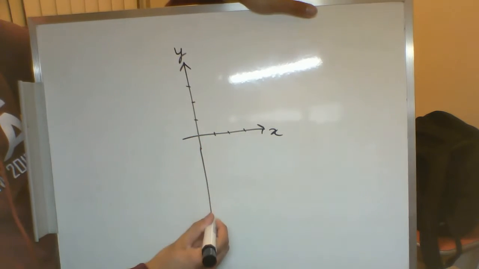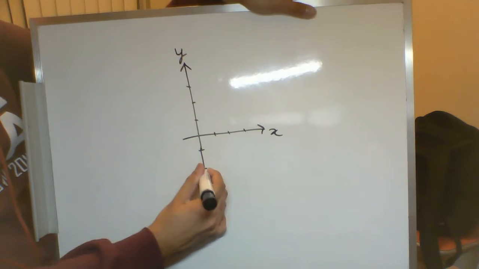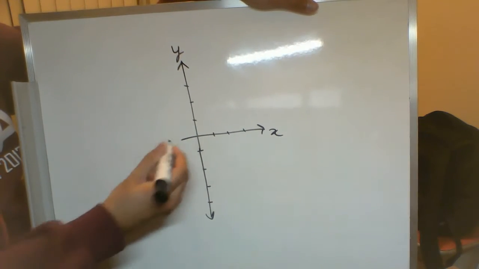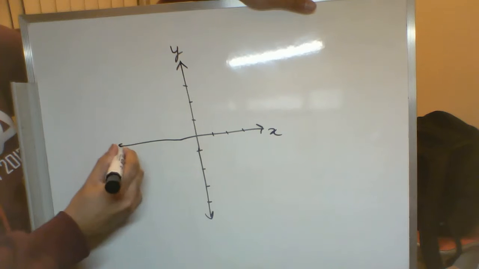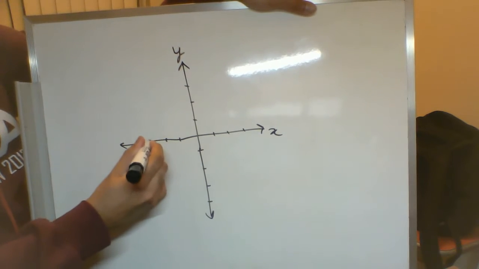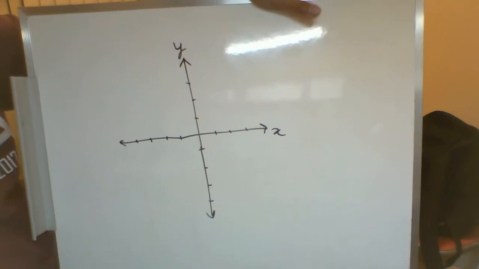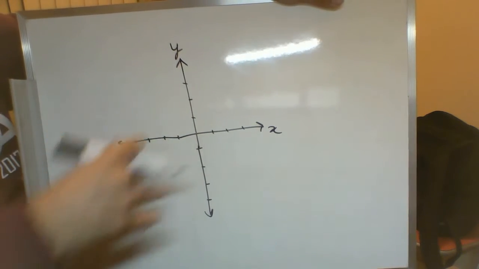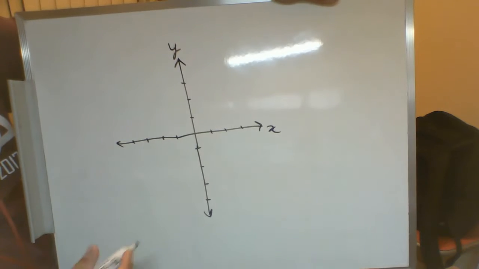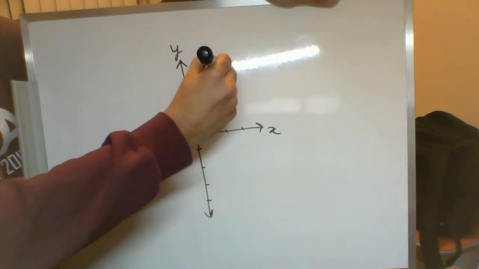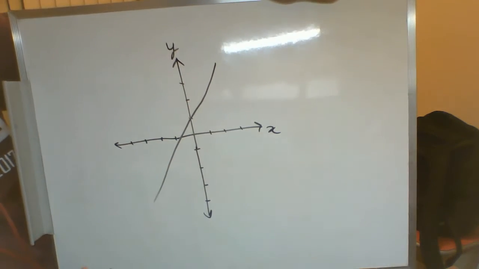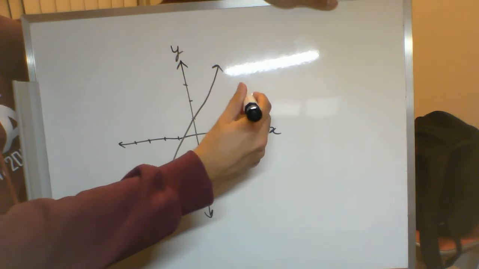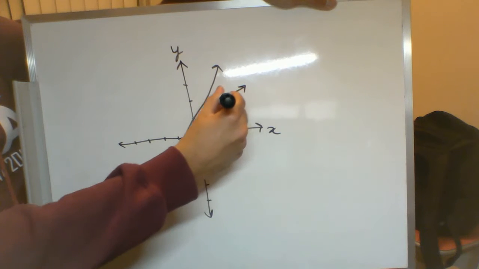Then we introduced the negative y-axis, so we allowed for negative values in the vertical direction, and then we expanded that out as well in the horizontal direction, so we had negative values out here as well. So we had our Cartesian plane looking something like this. We'd labeled our axes, we'd numbered our axes, and then we started drawing in some lines. So then we had some functions, maybe a line like this,